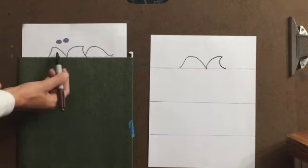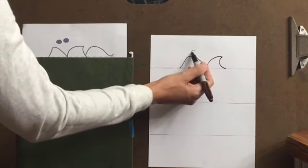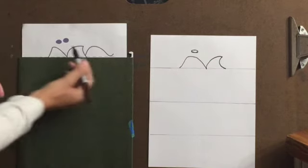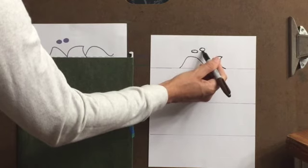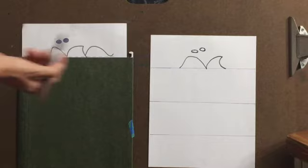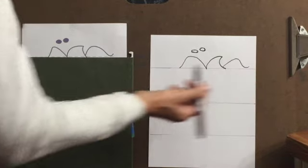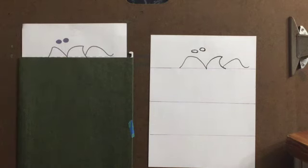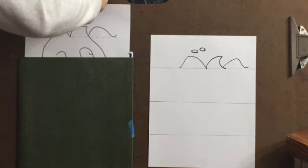So I would go now and say, this dot is not directly above this little hill, but a little bit to the side. And then this next dot is the same size, but up a little bit higher. So I want to just start to be able to talk about how one piece relates to other pieces around it. So your students will be drawing all by themselves as you walk around and help them. And then after all the students get that first section done, you would be able to go through, pull it up to the next